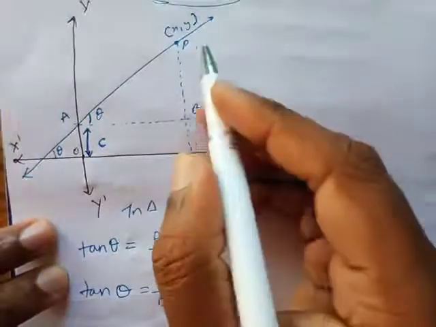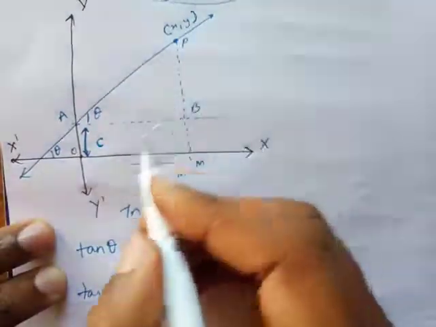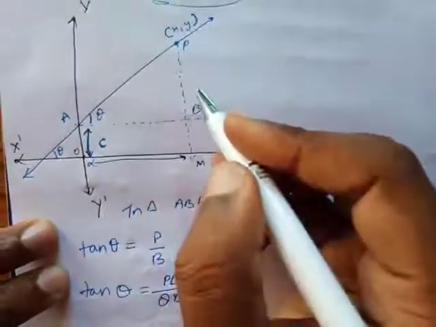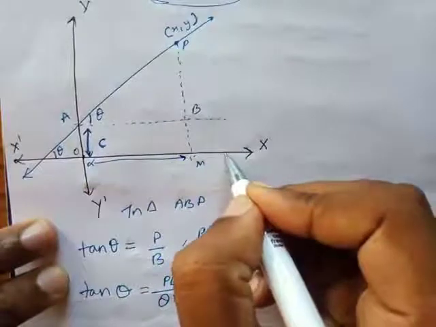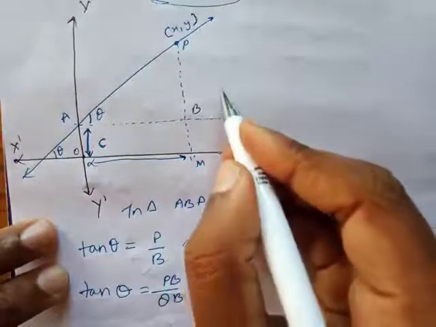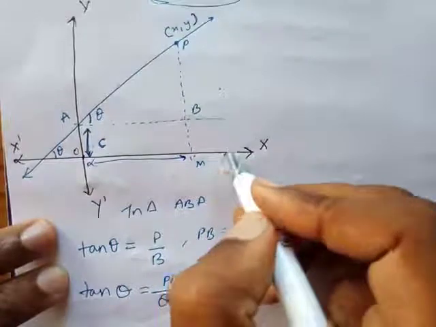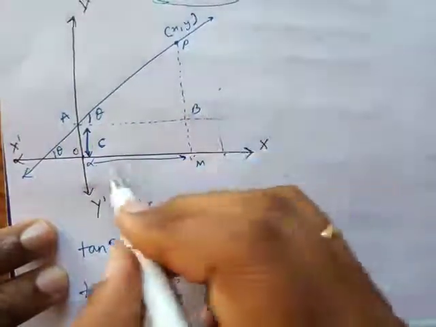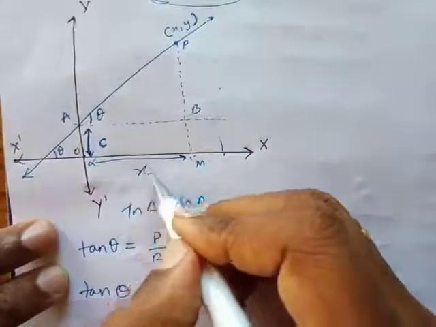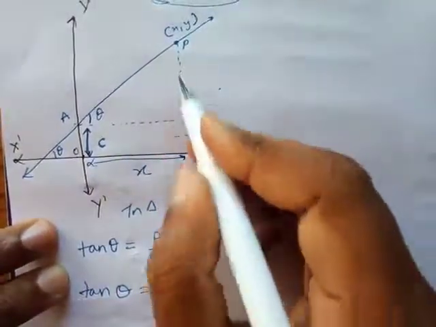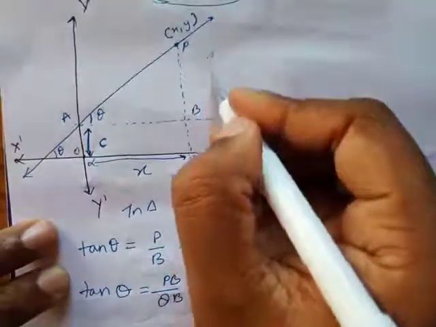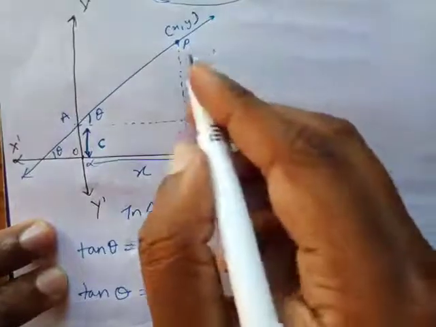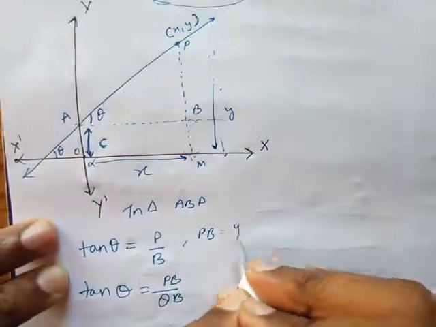देखो यहाँ से लेके यहाँ तक तो ये x, y है. x, y क्यों है? क्योंकि यहाँ से लेके यहाँ तक x है और यहाँ से लेके यहाँ तक y है, तभी हम कोऑर्डिनेट्स लिखते हैं ना. जैसे ये 8 है यहाँ से यहाँ तक, और यहाँ से यहाँ तक 5 है, तो मैं क्या लिखता हूँ 8, 5, क्योंकि यहाँ से यहाँ तक 5 है और यहाँ से यहाँ तक 8 है. But I know this is x and this whole is y, but I don't need this whole is y. I don't need this whole, I wanna cancel this out. So what is PB going to be? PB is going to be y minus c.